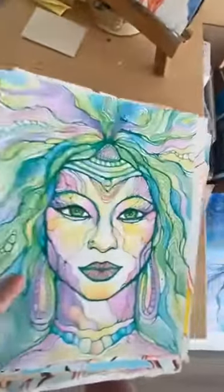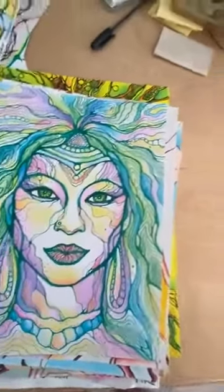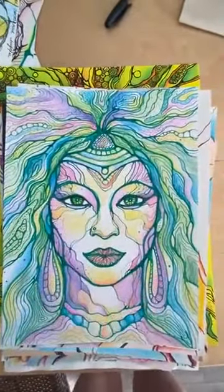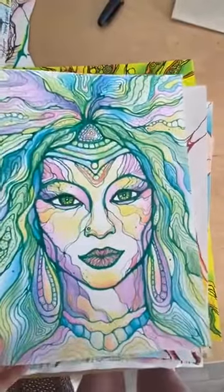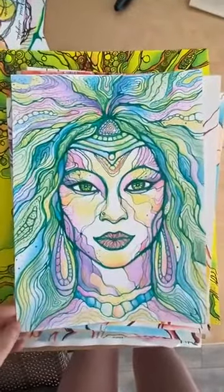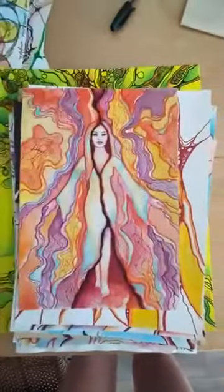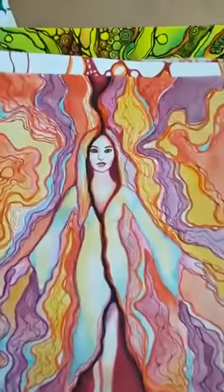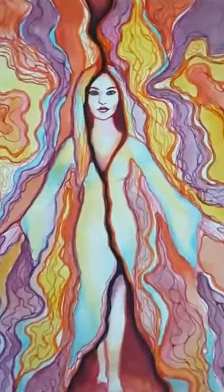So, this is neuro art. It's not Neurographica. The difference is that you use the same sort of methods of art, of drawing, yet they're perhaps less therapeutic because you're working more on the image side also. So this was a work of mine, a kind of deep meditation of connecting with the divine in me. And what is important in neuro art or Neurographica, you always set an intention before work. This is also my kind of self-portrait, in a way, in my own power and divinity, and so kind of meditating and growing and